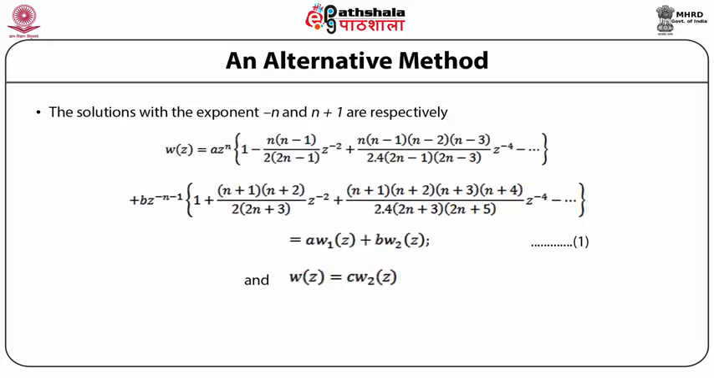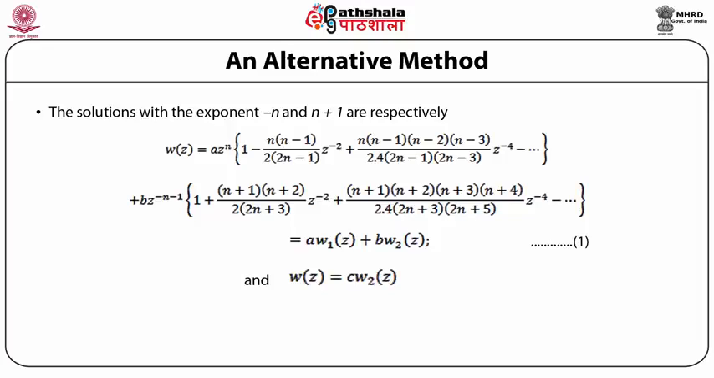The solutions with the exponents minus n and n plus 1 are respectively given by w of z is equal to a times z raised to power n into within the brackets 1 minus n into n minus 1 by 2 into 2n minus 1 multiplied by z raised to power minus 2 plus n into n minus 1 into n minus 2 into n minus 3 multiplied by z raised to power minus 4 divided by 2 into 4 into 2n minus 1 into 2n minus 3 minus and so on, brackets close, plus b into z raised to